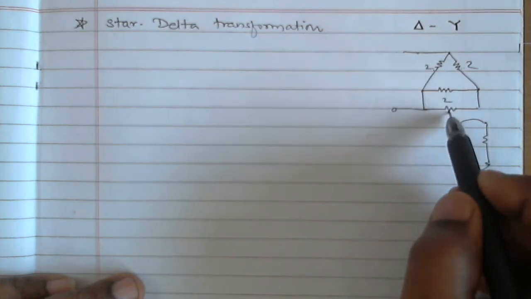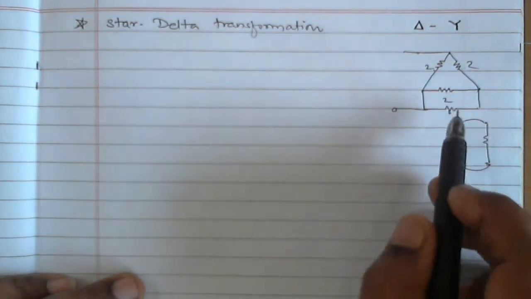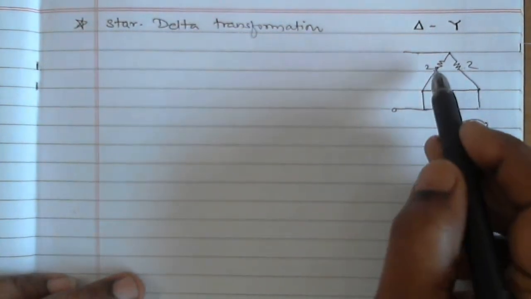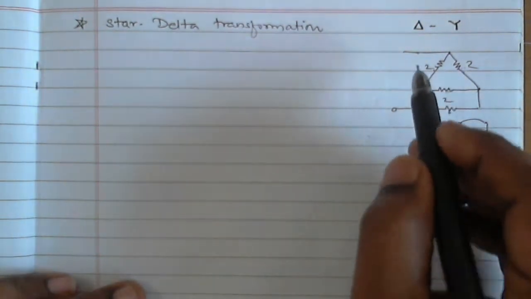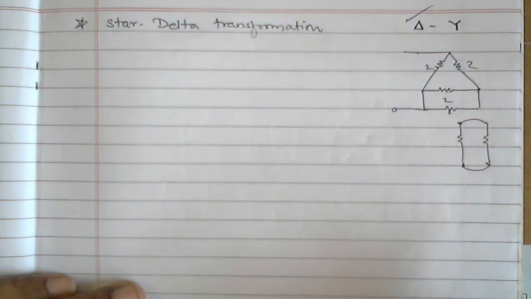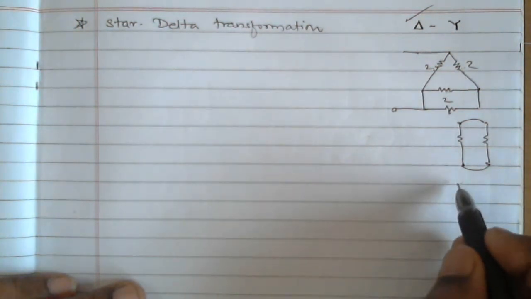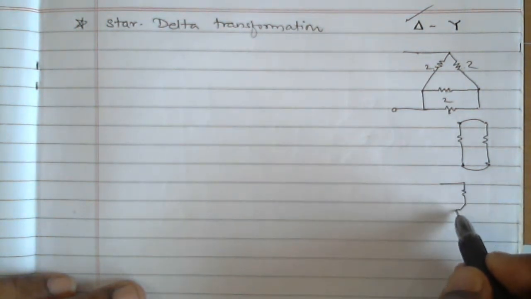Yes, these two are in parallel, but again it will reduce to one particular resistance like this. Then these three resistances are not even in series, not in parallel, and they form a delta combination. Are you getting? Similarly, if there is a network like this,